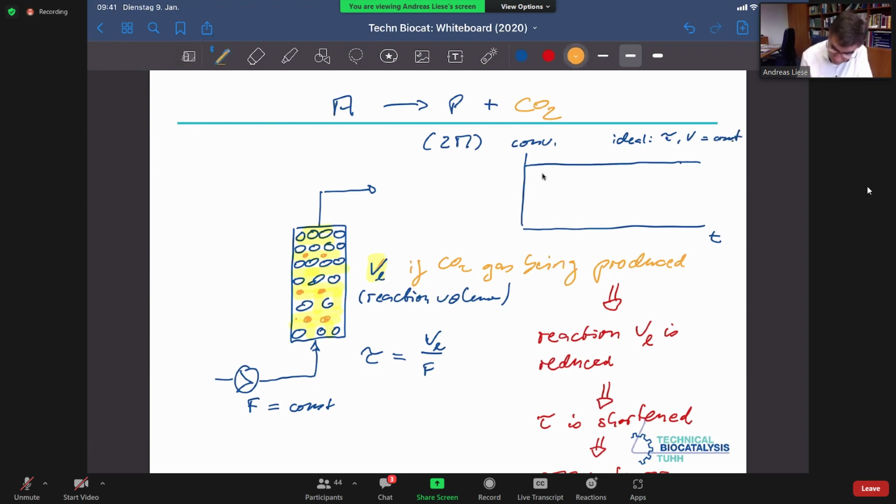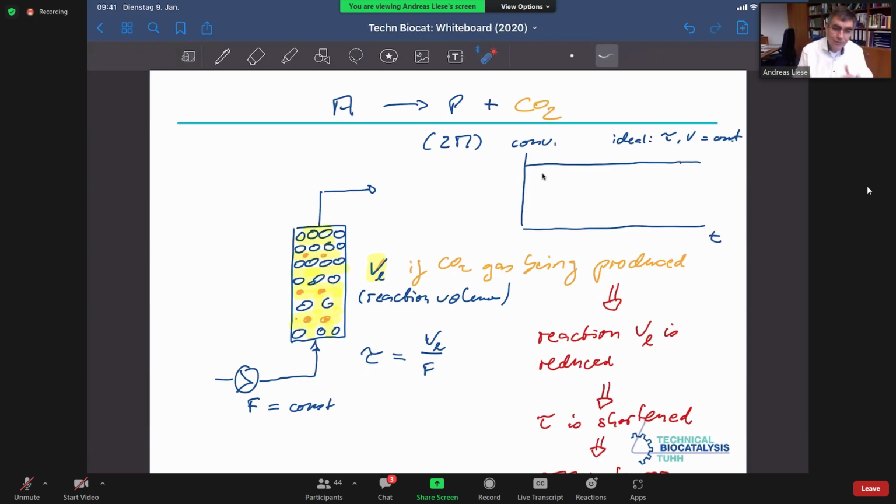Yeah. Now, if during the course of the reaction we are generating carbon dioxide, as said, we're reducing this volume. Since we're reducing this volume, also residence time will be shortened. If residence time is shortened, the conversion will drop. And so, since we're in a continuous flow system, this gas bubble being here will also pass out. Yeah, and this one, and also this one by time. So we will get an inconstant